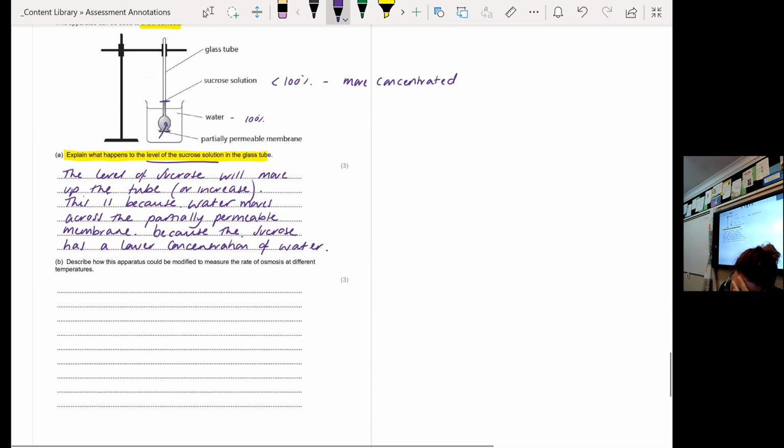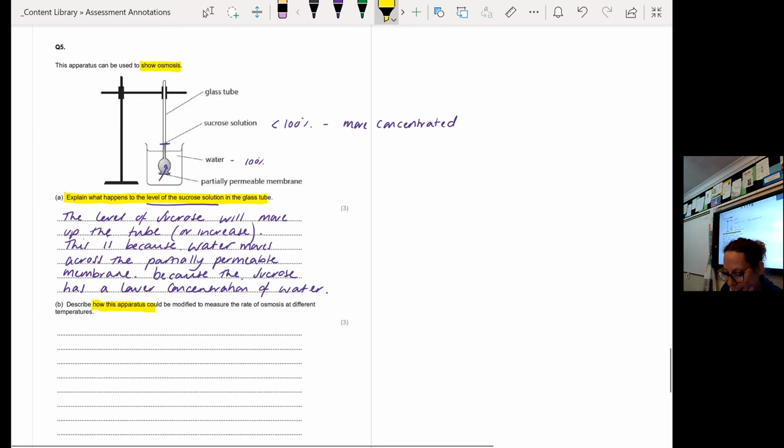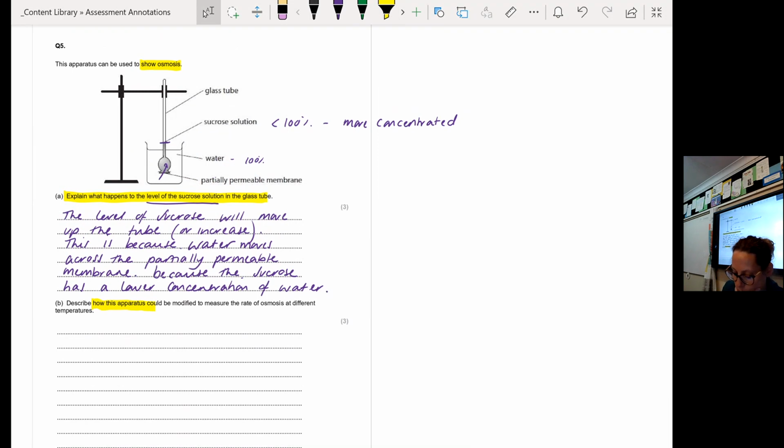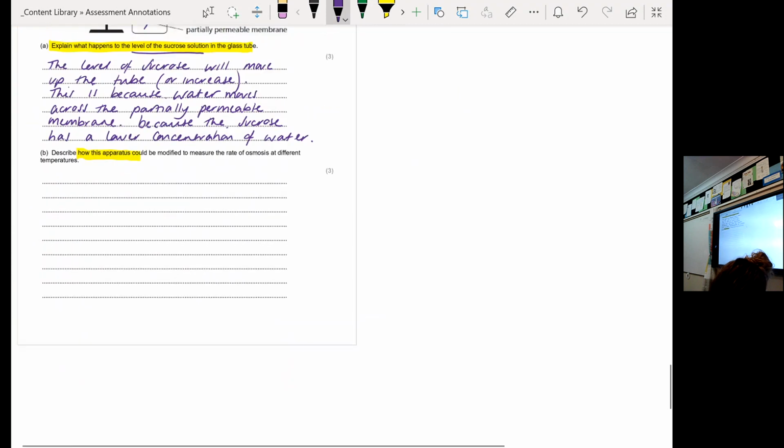B then says, describe how this apparatus could be modified to measure the rate of osmosis at different temperatures. Now, essentially, what I need you to do is, what can I add to this practical setup to investigate or measure the rate of osmosis at different temperatures? Okay, so if I need to measure the rate of something, I need to measure the speed. Okay, so